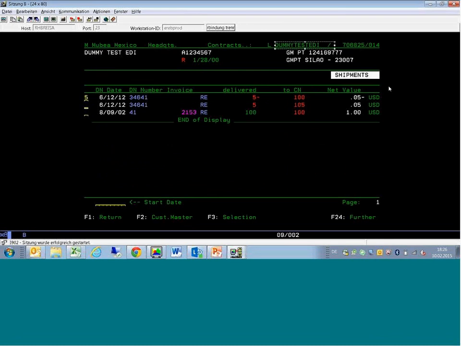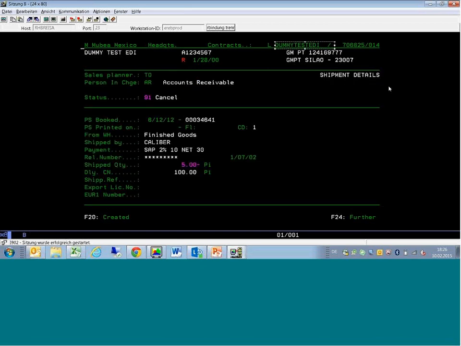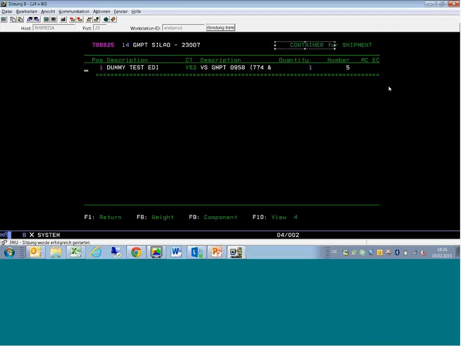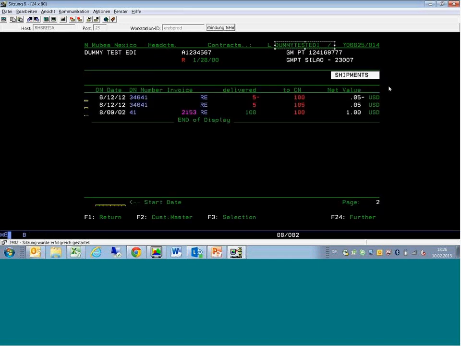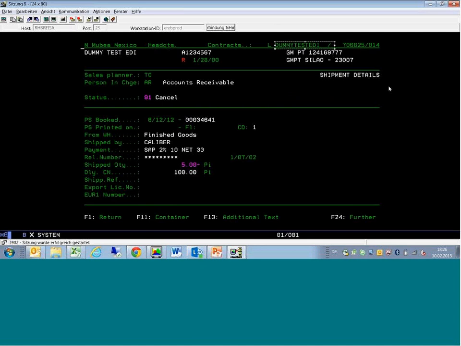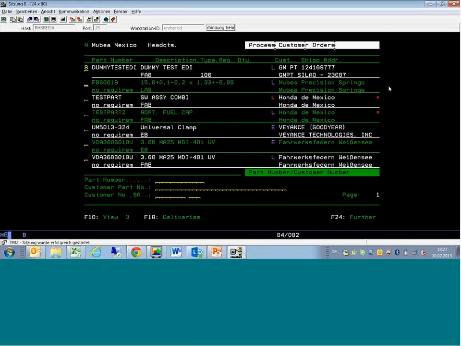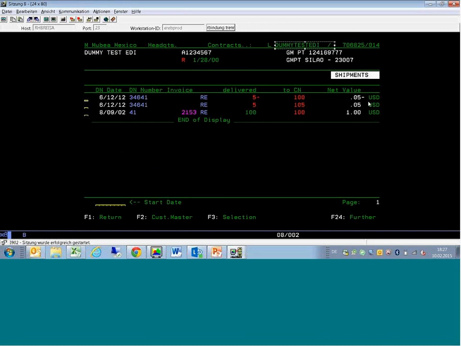With this you can get displayed then the type of this delivery, and you can also get displayed containers that you used for this delivery and additional information. Now I go one, and in this case, as you can see, we do not have where we can see further information for the delivery. Why? Because this one is a delivery which was cancelled. Yes. If I go into this delivery which was done and invoiced,